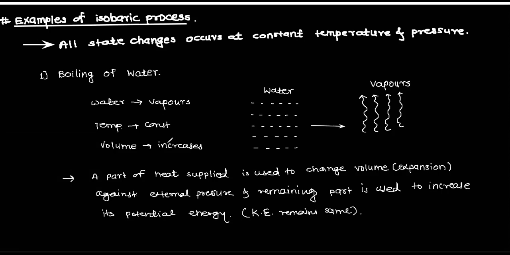So now here what happens? Only volume is changing. So here state change is taking place, right? Heat supplied is going to be used. So how will you get the equation? Let's see ahead. Now from the first law of thermodynamics, delta Q is equal to delta U plus delta W. Delta Q is what? Supplied heat. Delta U is what? Internal energy. Delta W is what?